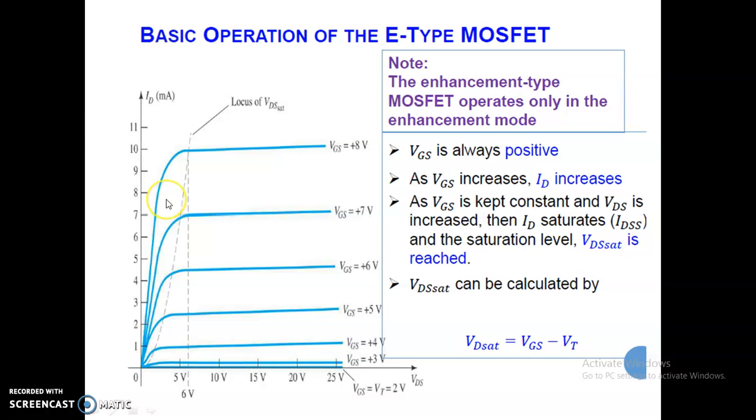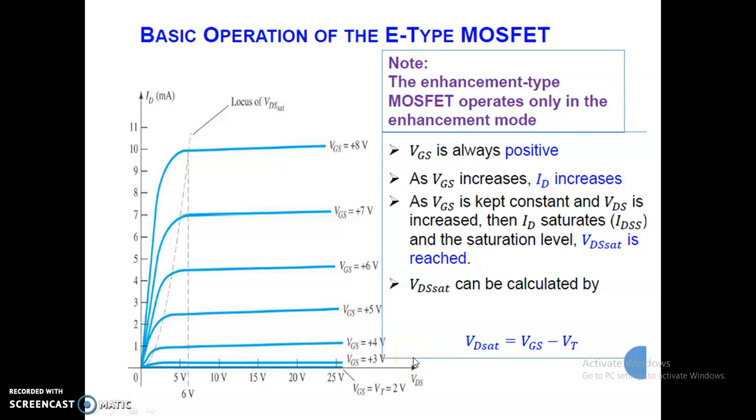From the last three operations, the characteristic of the MOSFET looks like this. The drain characteristic and the transfer characteristic of the N-channel enhancement MOSFET are shown in the figure. Note that the drain current is 0 for VGS less than VT. The transfer characteristic is very different from that obtained for depletion type MOSFET. It is now totally in the positive region and remains 0 for VGS equal to VTH.